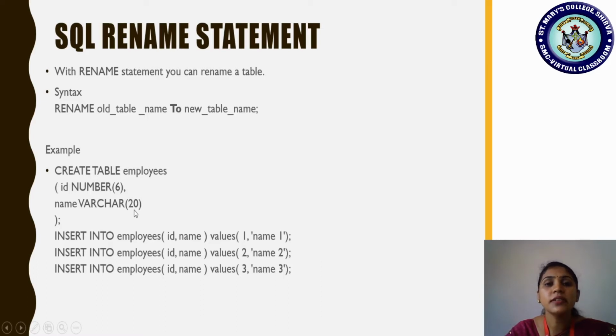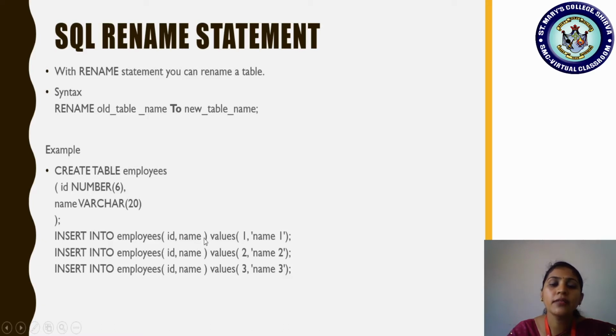Next, we should insert the information or records into this employees table. So employee ID and employee name we should try to insert. Insert into employees, within the parentheses, which are the two pieces of information? ID comma name. Okay, but here there is no need to specify ID comma name.